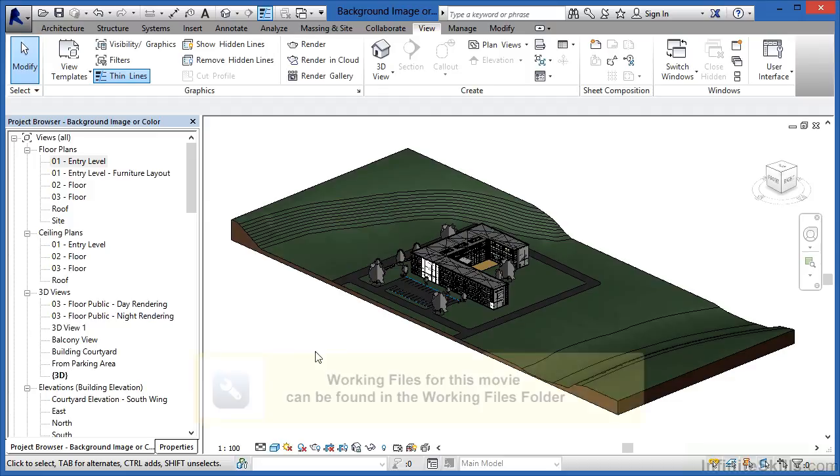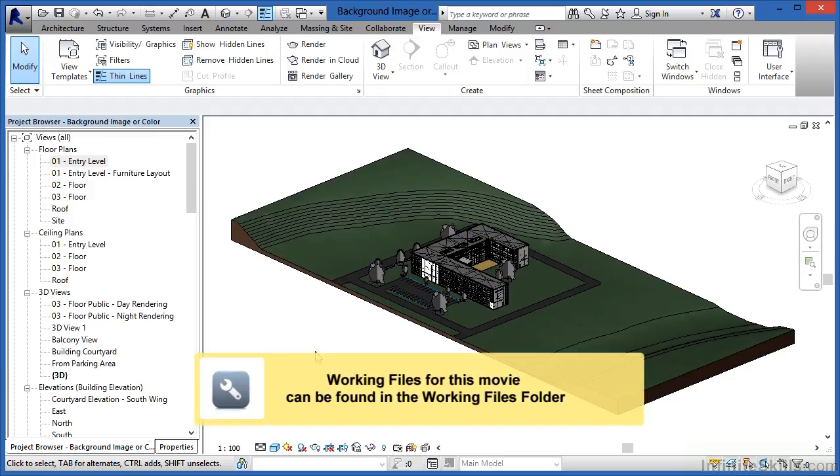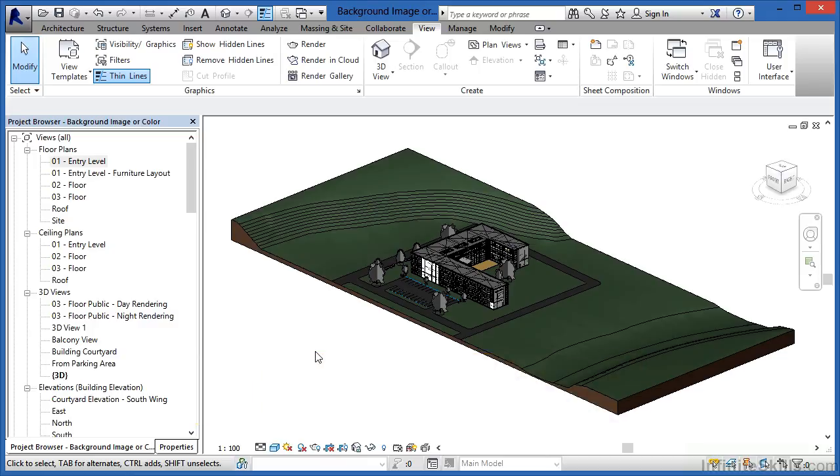Revit allows us to, during the rendering process, set the background image so it looks like the building's on the actual site. In this instance, what I'd like to do is place a camera view inside of this shot and then use a background image so it looks like we have the right sky and maybe even background behind this building. To do this, we need to begin by coming underneath the project browser, expanding out floor plans, and double-clicking